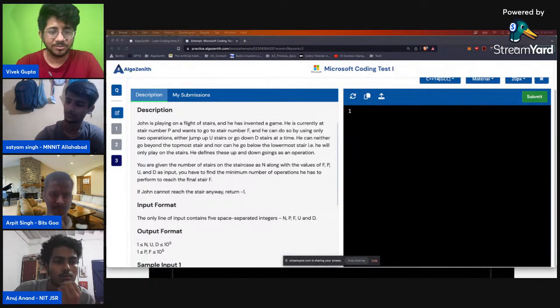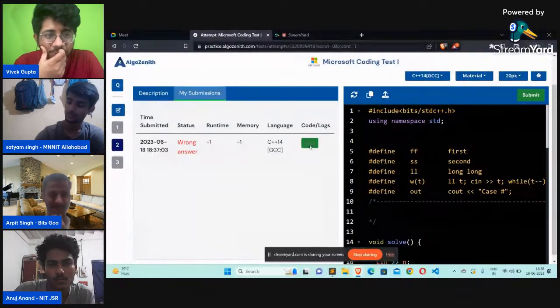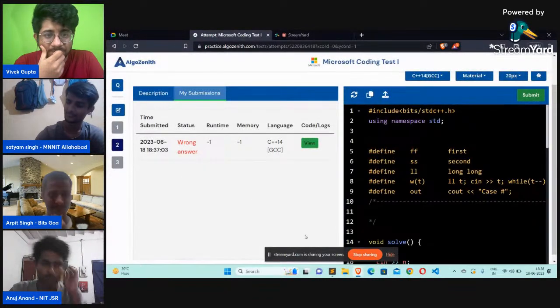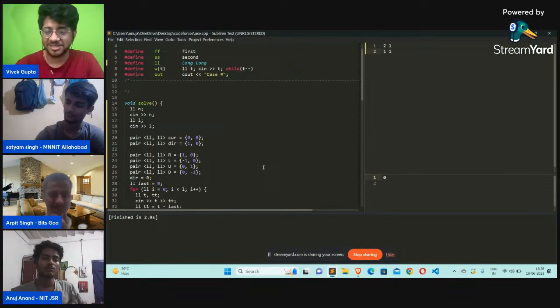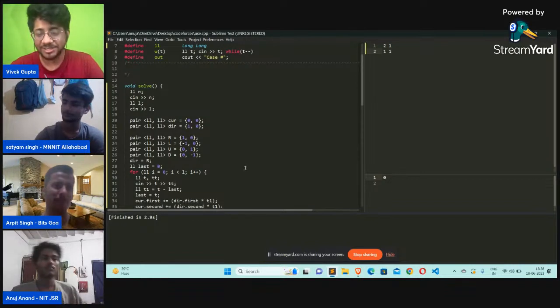Show Anuj. Anuj is getting wrong answer on problem number 2. Now this is the stress that you feel. देखो, I'm gonna tell you a very interesting thing. पता है? Coding tests are not difficult because the questions are difficult. It's because people don't have practice of debugging on stress.